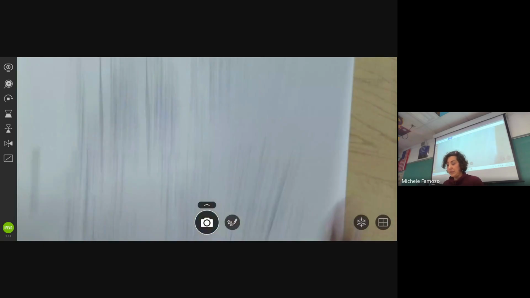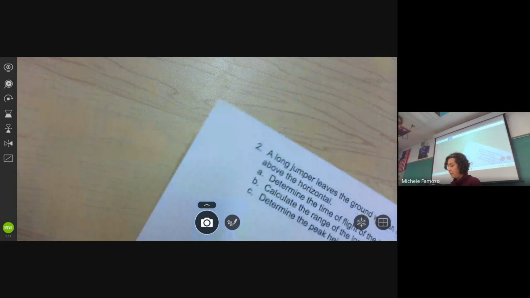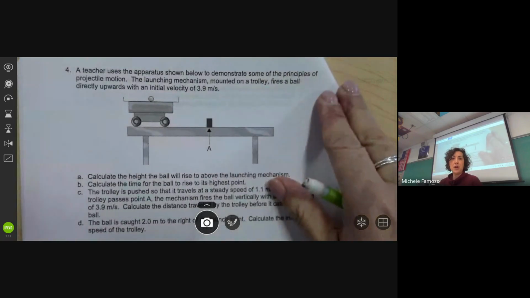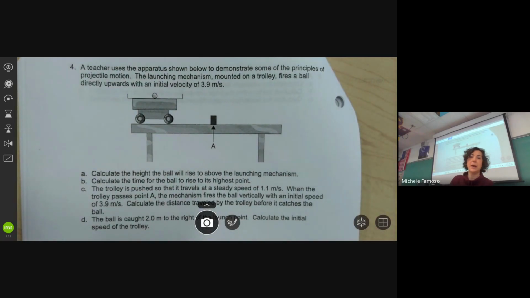All right, let's go on then to the next page, and we'll finish this up. So we have pages 24 and 25 to complete now, and I'm not going around the room, but I'm just going to randomly call people, so make sure you're paying attention. All right, question 4 says that we have a teacher using this apparatus shown below to demonstrate some of the